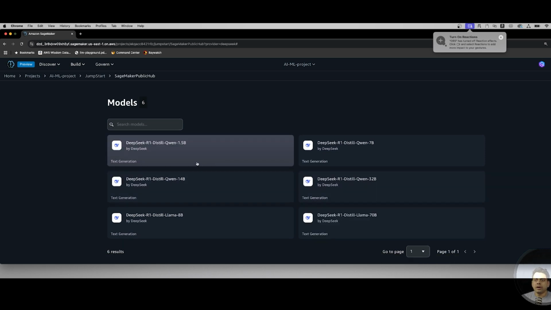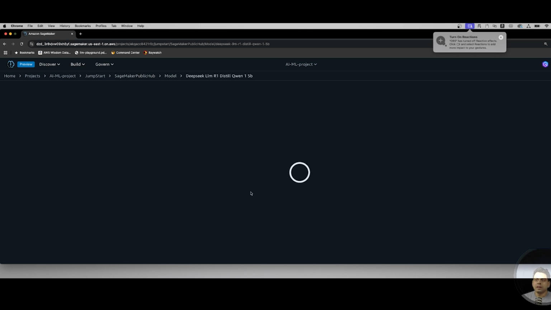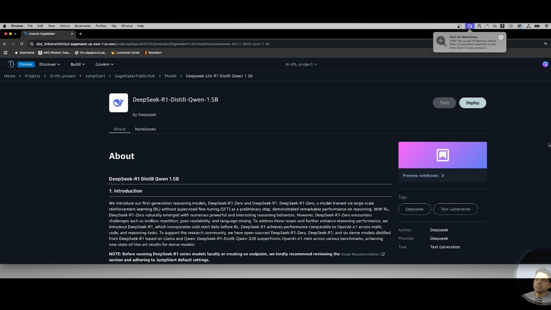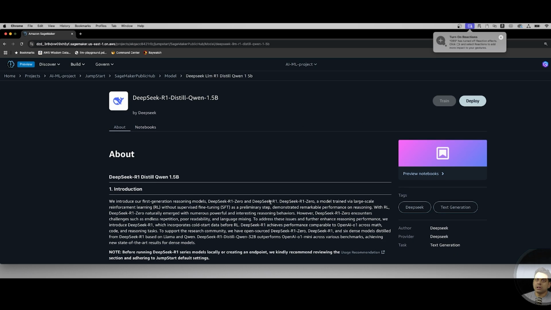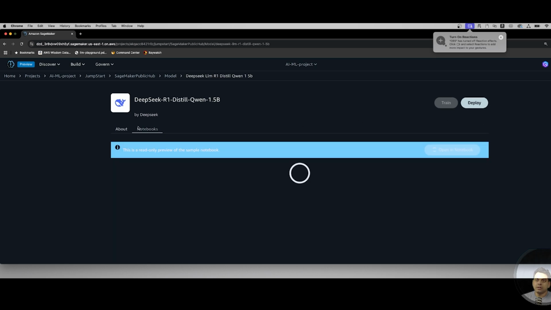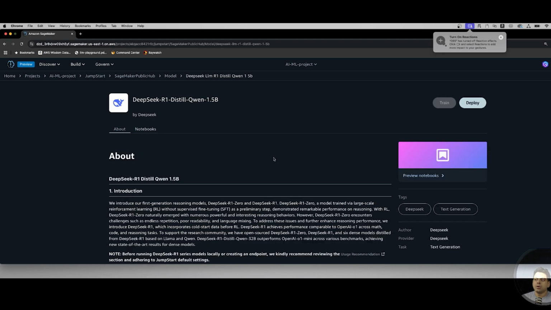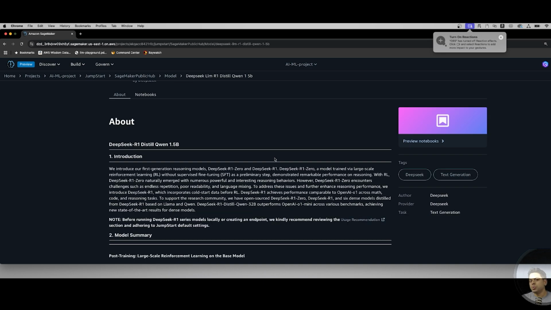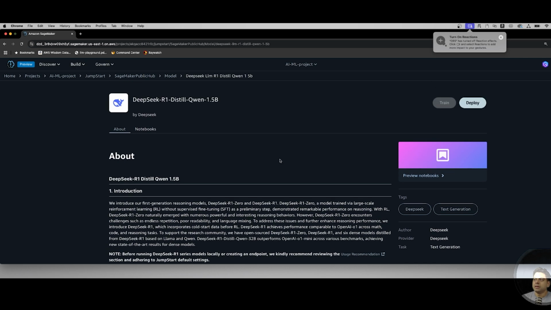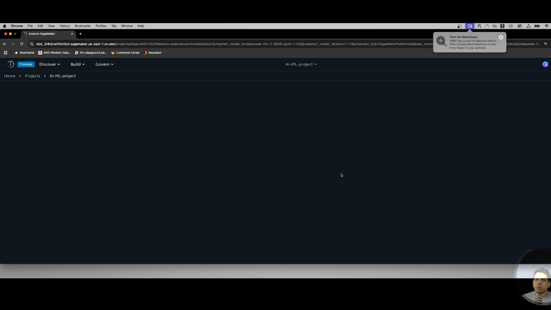If you are interested in any of these models, all you have to do is click on the model, and then you can see the model card. You can also see the notebooks on how to host it and work with DeepSeek R1. Or if you want to host it on an endpoint, that's where you can see the option for deploying the model. So you can click on deploy the model,